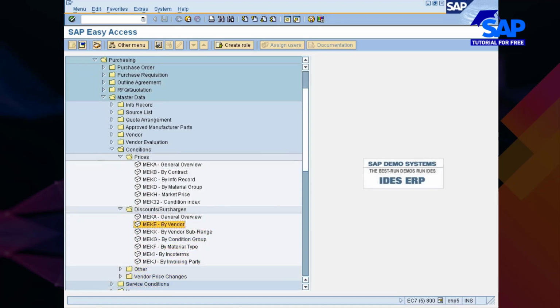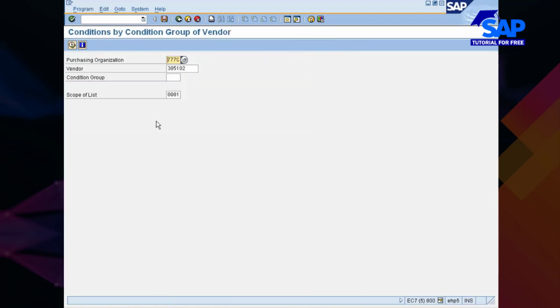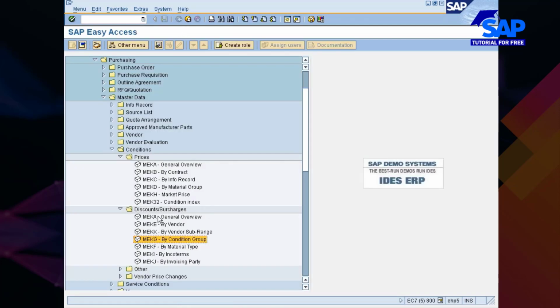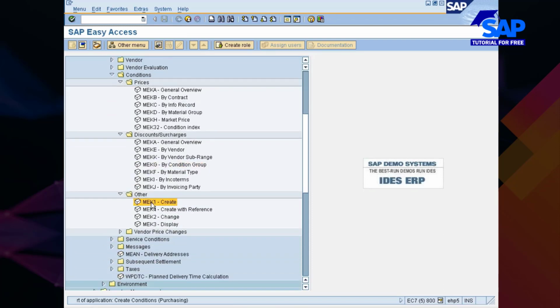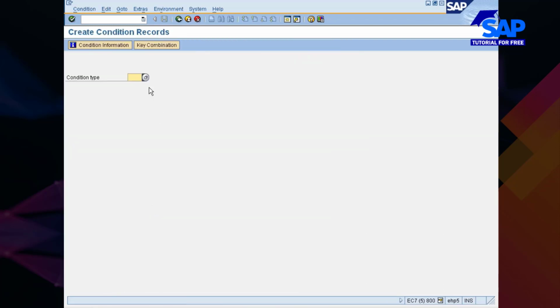For example, if you want to go and create conditions or discounts, okay, condition group, even if you go with this also, okay. So what is the condition group? You have to specify. When you don't have condition group, there is no point in going here. And also if you are here, you see MEK1. Even with this also you can go.